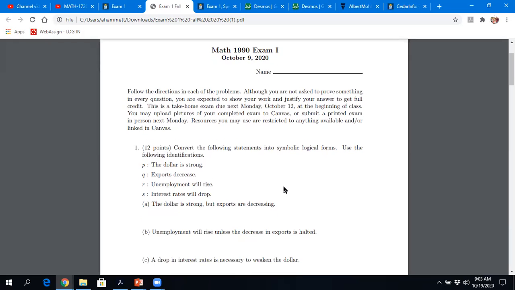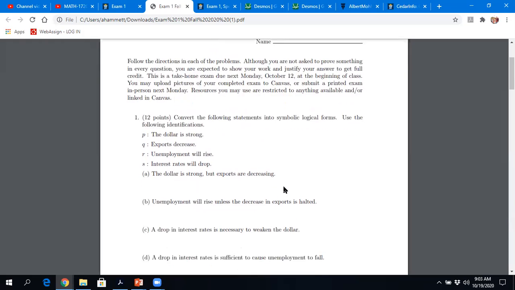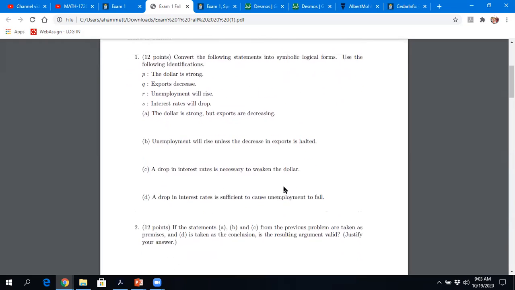Since I'm an economics buff, I made a little logic problem in the first two that had to do with some economic terms. One thing I wanted to do was make sure that you had to struggle thinking through something that you might not be all that familiar with. A situation like this, you can literally translate 100% into symbols, and then you can actually check the logic of it, even if you're unfamiliar with certain terms. That happens later on when I asked you about something called compactness. I know some of you may or may not know what compactness means, but the reality is you didn't really need to know what it meant to answer the question.